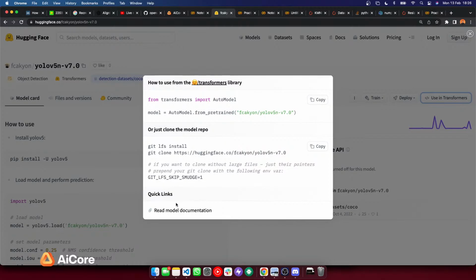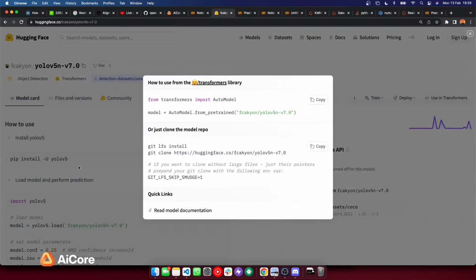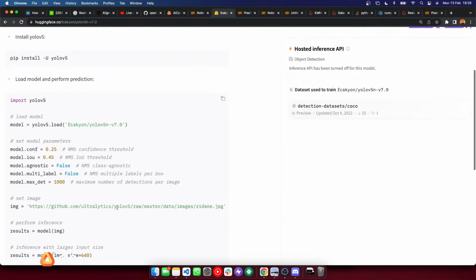Just press this on the side. It's also, it doesn't return. But it's still